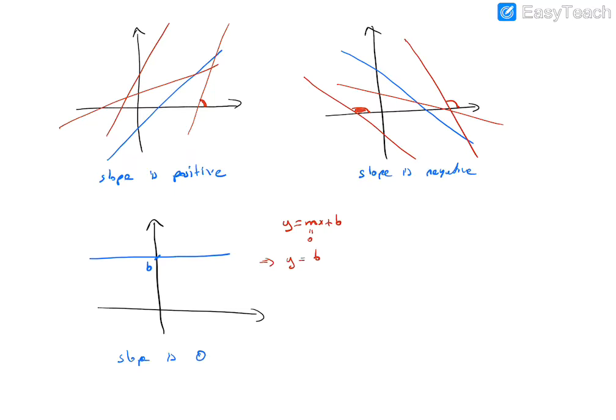For the vertical line, actually we don't have any slope. Sometimes we say the slope is infinity, okay? But in general, the slope is not defined. From your viewpoint, the slope is not defined. So this is the vertical line. In this case, the slope is not defined. Some calculus books say the slope is infinity or minus infinity, etc. But here it is not important for you. So the slope is not defined in this case.